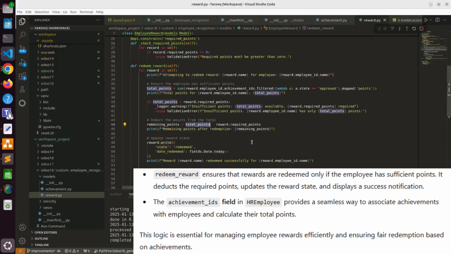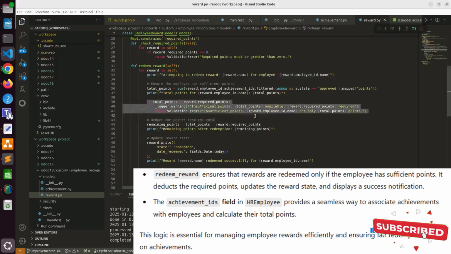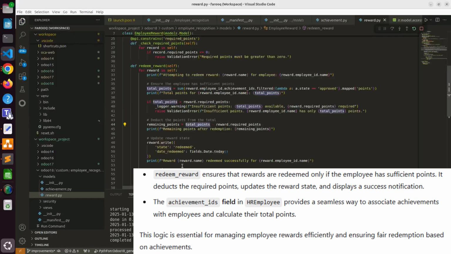validating points in this one, if total points is less than reward.required_points, it's actually checking sufficiency, compares total points with the required points for the reward, and then raises an error if insufficient, logs a warning and raises a validation error. Then remaining points is equal to total points minus reward.required_points, calculates the remaining points after redemption, logs